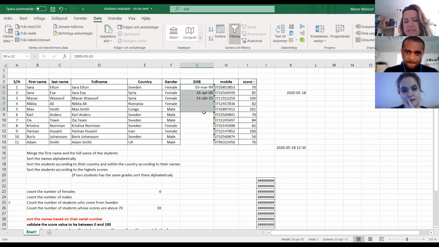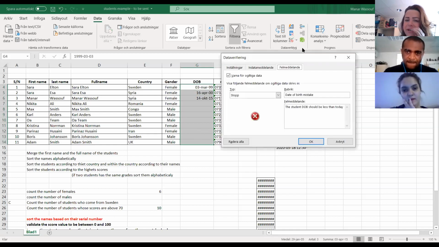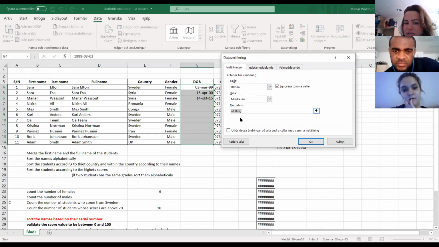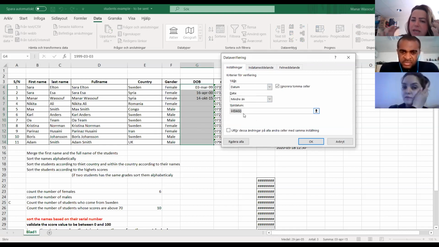What we have done is we highlighted the data here. We went back to data verifying. We choose to allow date. We are talking about dates. Should be less than idag. And this idag, or today, is a function. So here we can use functions also by using equal idag. Then we open and close the brackets, and that's it.